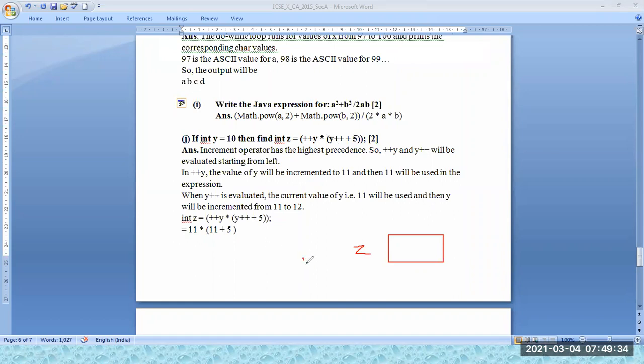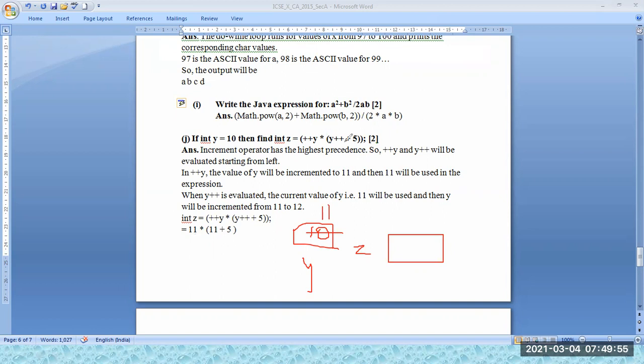We have to take the value of y also. Y's value is 10. So what is the value of z? So it is actually z is equal to plus y. Plus y means this will become actually 11. So this will become 11.